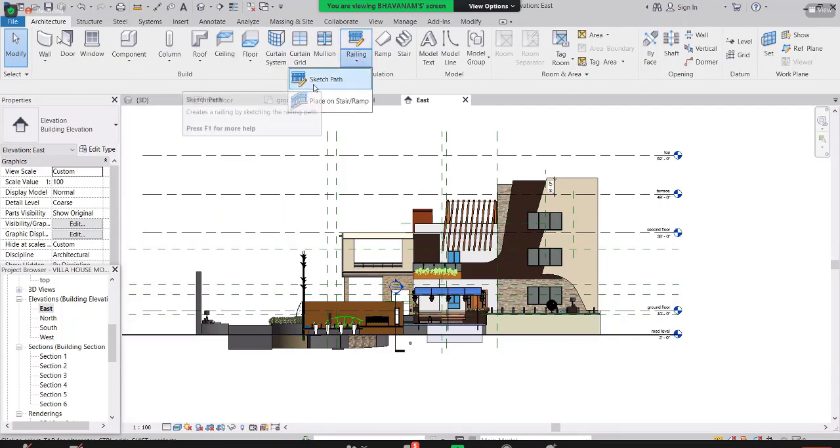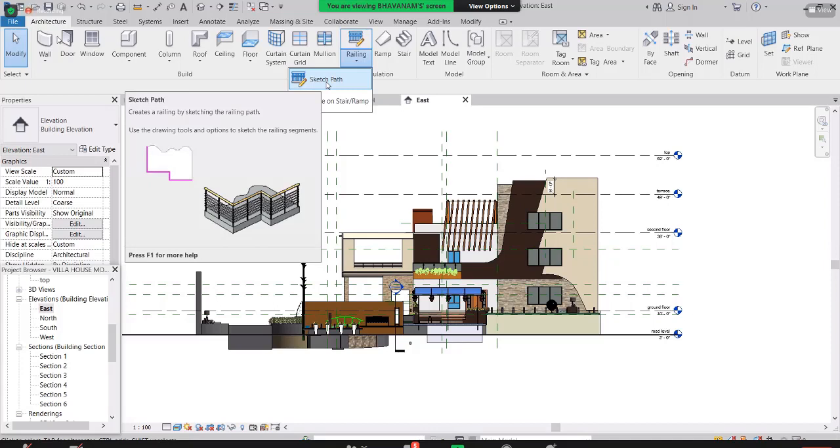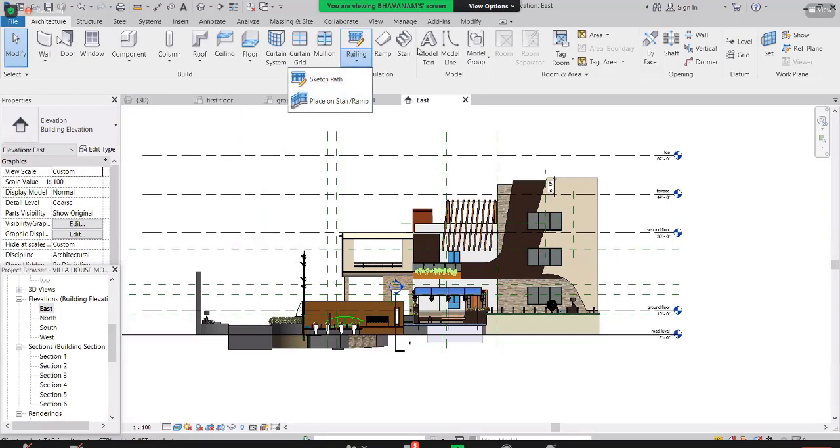Suppose I wanted to make a railing. Once you click on here, it will ask you how many steps and how many rises, and whether it is necessary to make a railing. Those all things we can give. Okay, so here is a ramp, and this is a staircase without railings. If you wanted to provide railings, you can go here in the railings. And if you wanted to model any text, you can go here, and these are some shaft.